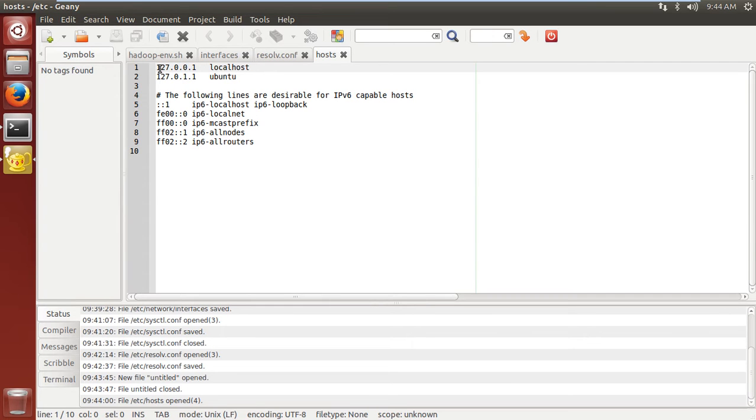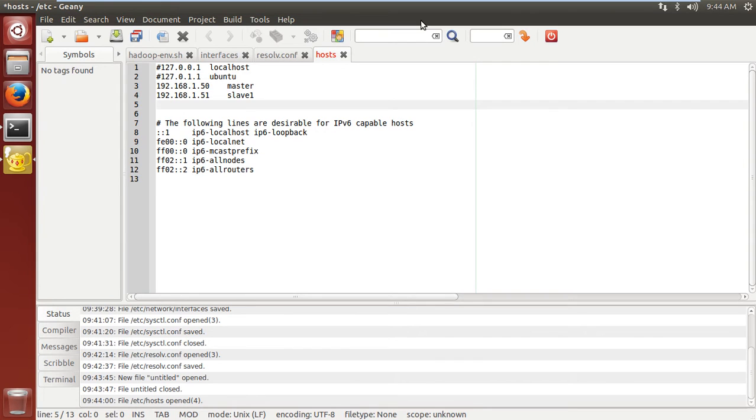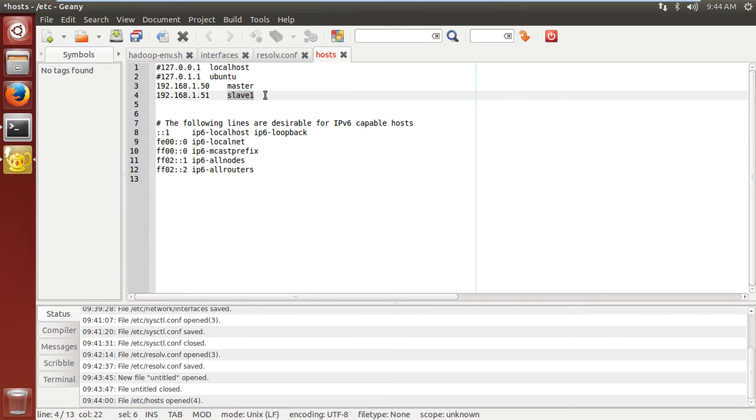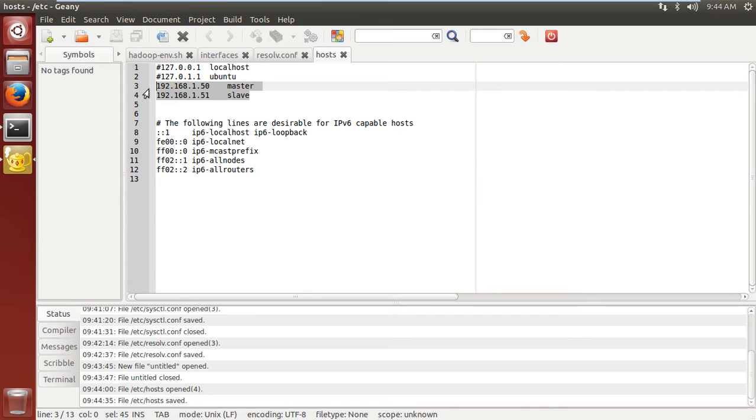So here I will comment out this one. I'll comment out both here. By default, let the localhost be. Okay, I'll just comment out these two lines and then write this one. So this IP is named as master, and this 151 is named as slave. I'll say directly slave. Okay, and the same thing I will do on